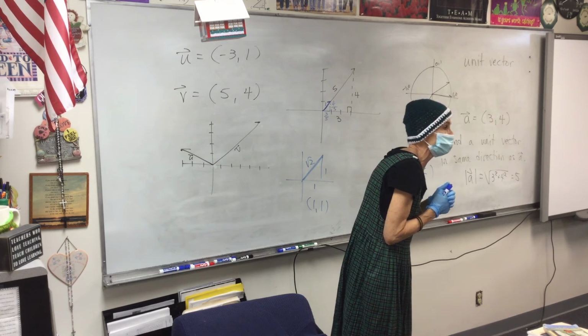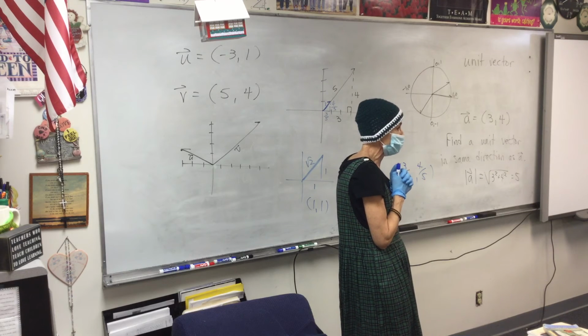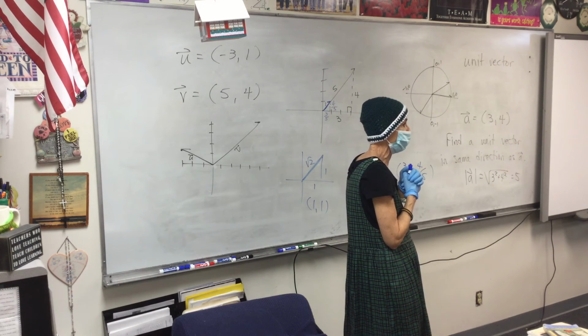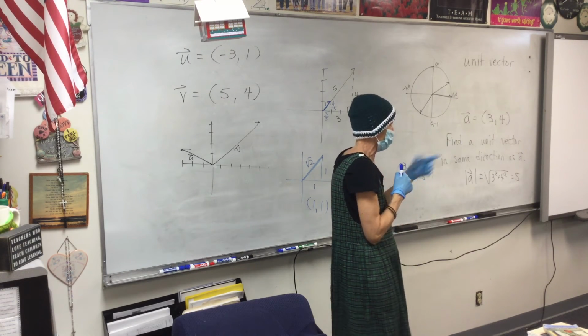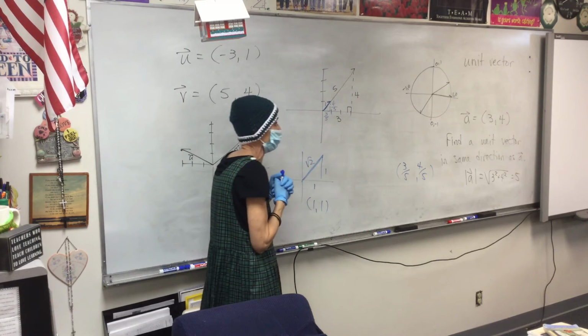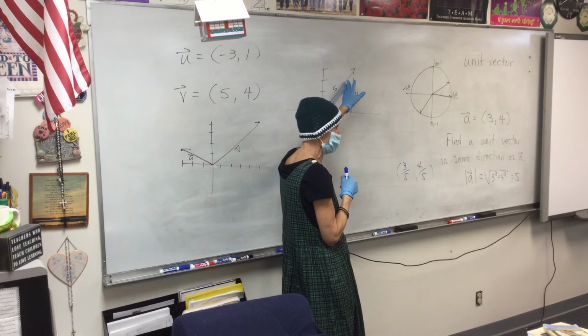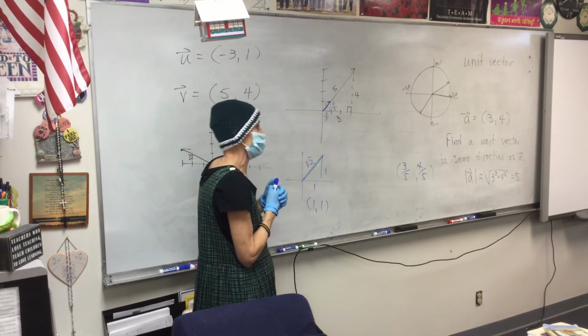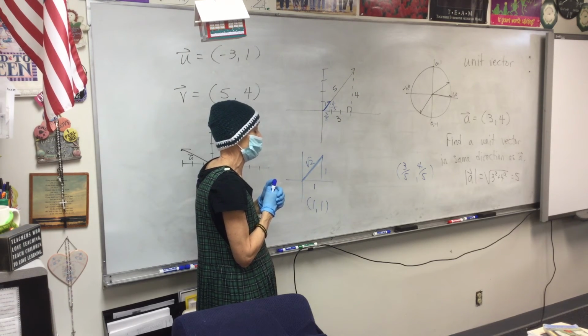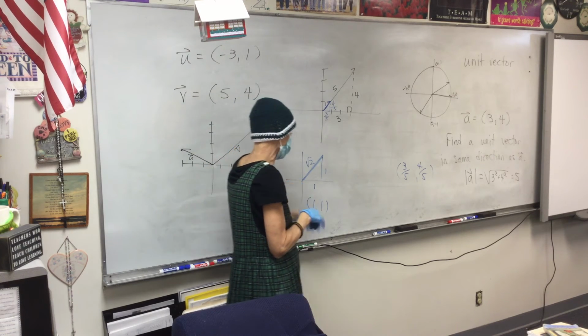Divided by 6. If the length of the original had been 10, I would have divided by 10. So it's just always that. You divide by the magnitude. Yep. All right, that is where we're going to pick up